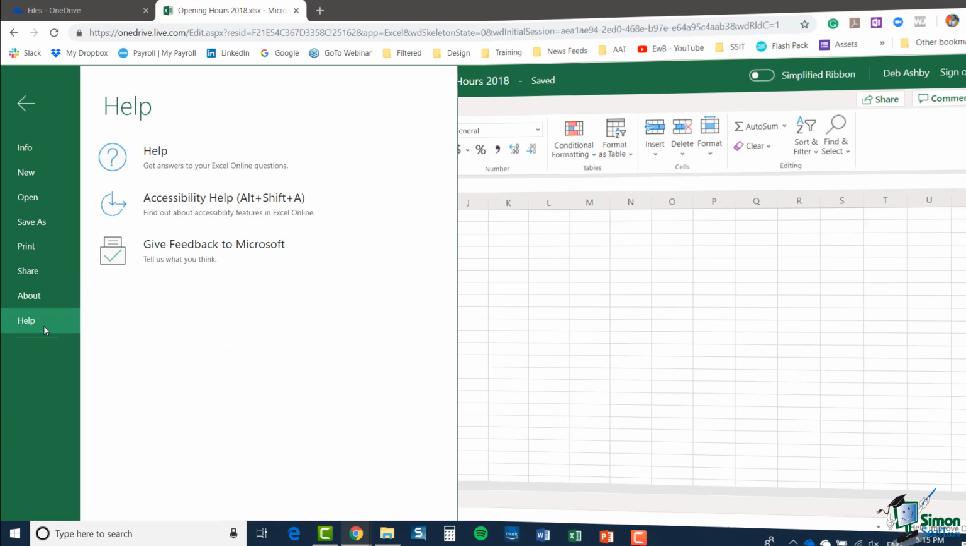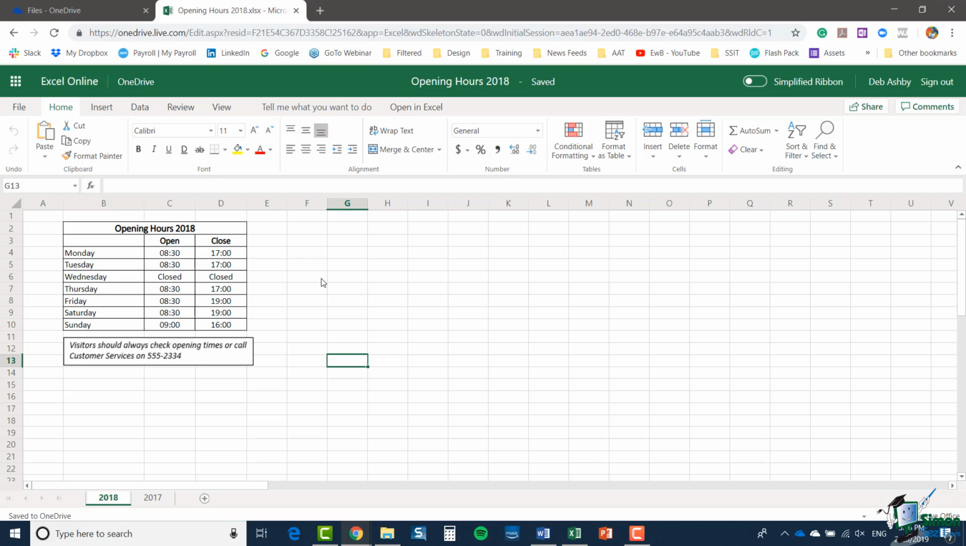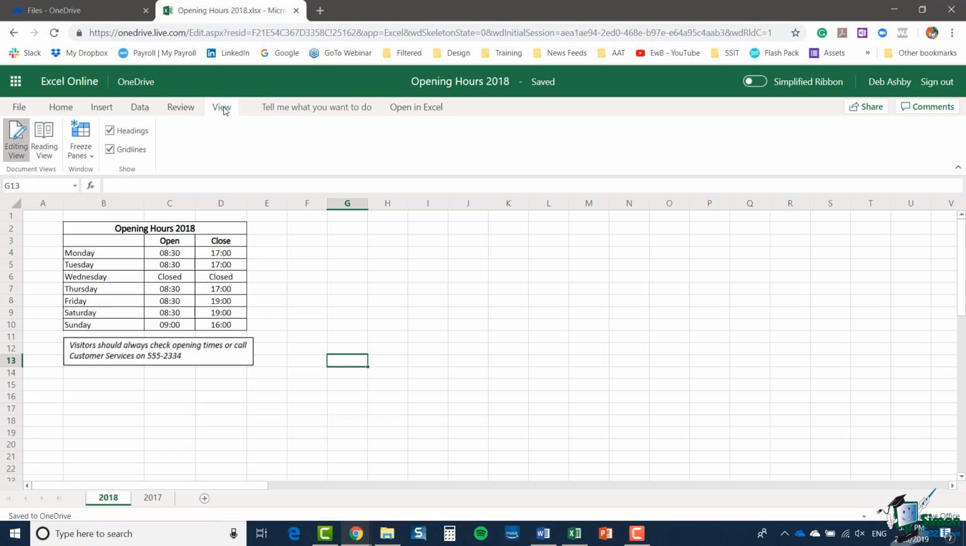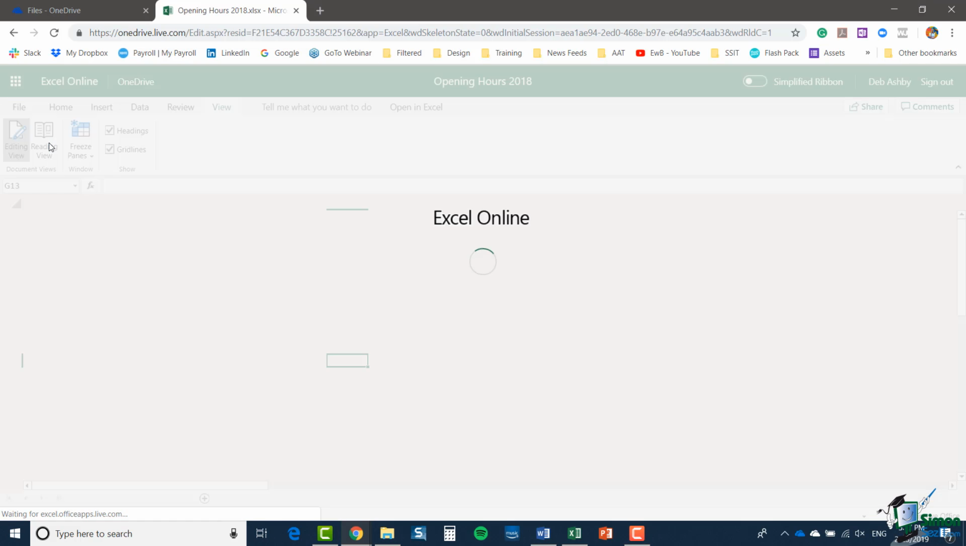So we've had a little bit of a tour around the Excel web app interface, and we're going to create a workbook and do some work on it in the next section. But there are 2 or 3 things to show you now. Earlier on, we looked at the View tab on the ribbon, and one of the options there is Reading View. If you switch to Reading View,